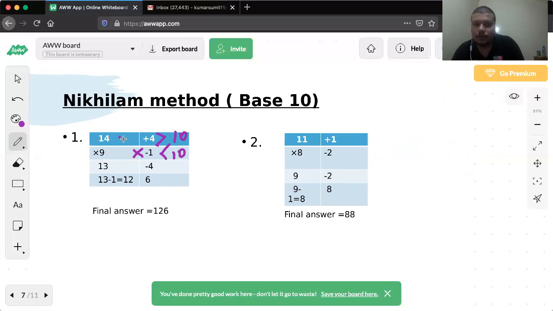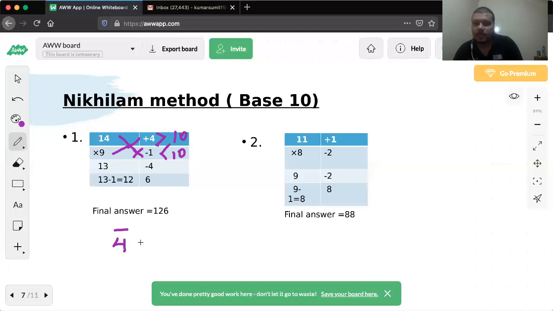On the LHS, what we do? Same thing, cross. 14 minus 1, 13. 9 plus 4 is 13. Right? So now we have minus 4. Now what we'll do with minus 4? Always keep in mind the sign, guys. Okay? So minus 4 means we have to do the complement of 4. We have already seen 4 bar.